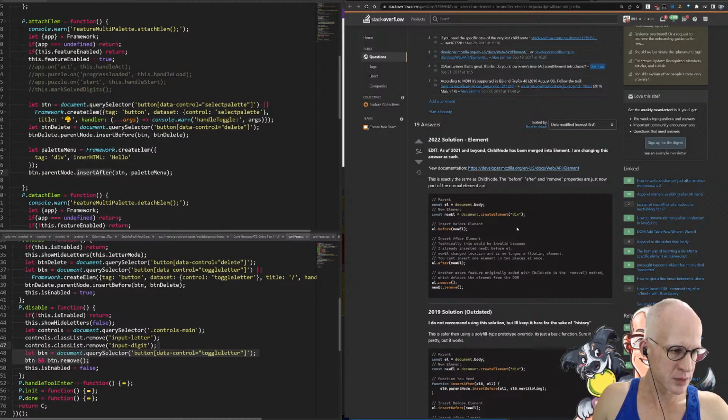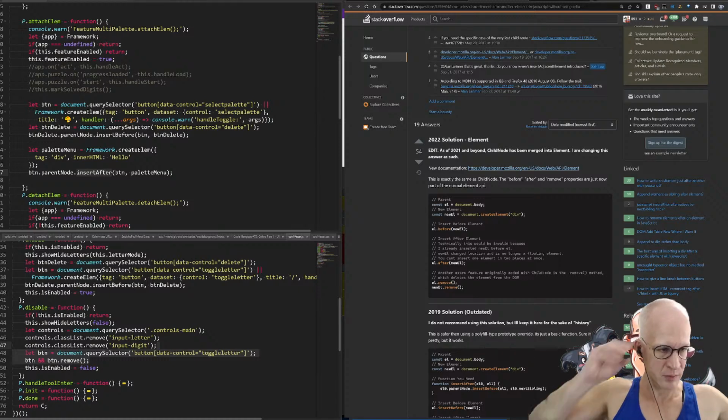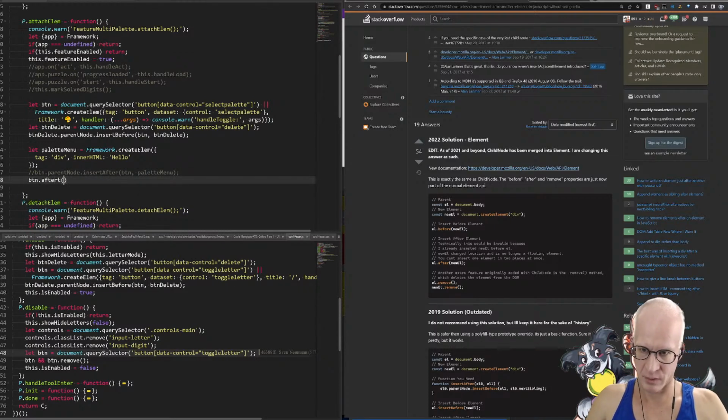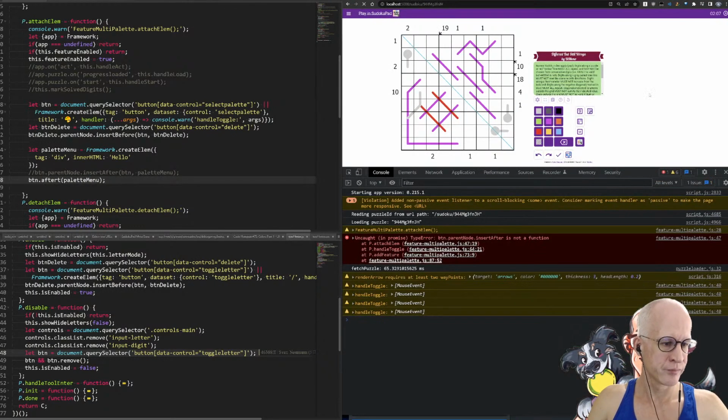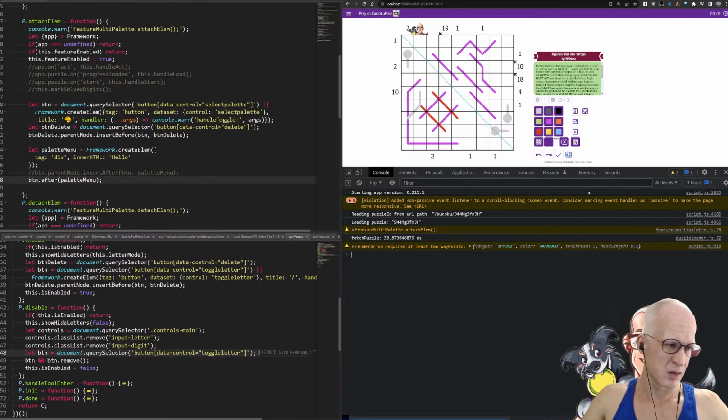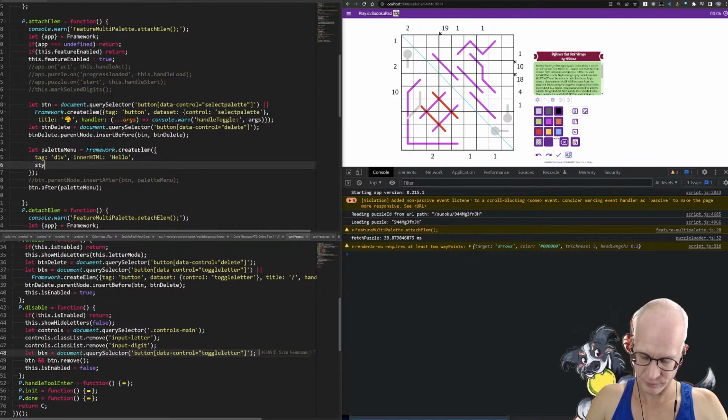So, new element, insert before element, before, after, before element. So we should be able to just say etn.after palette menu, something like that. If I don't misspell it. Okay, there it is. So now if we slap some styling on it,